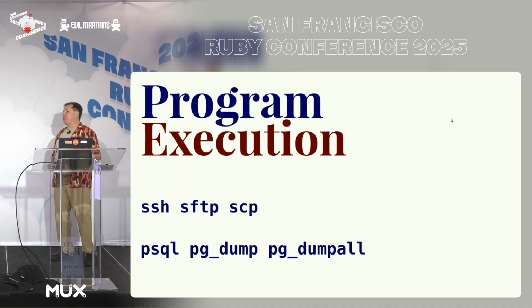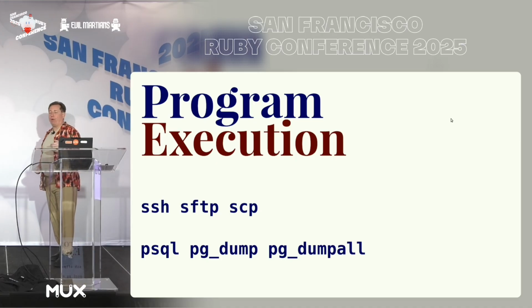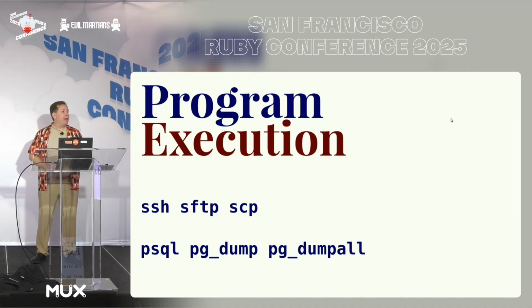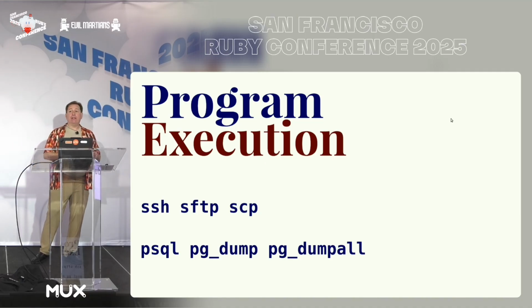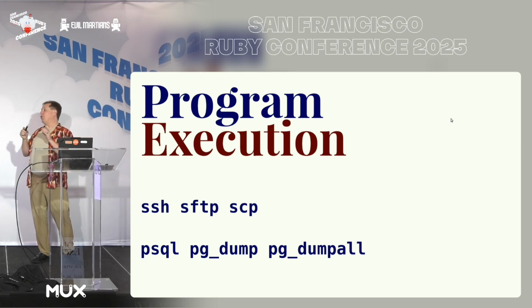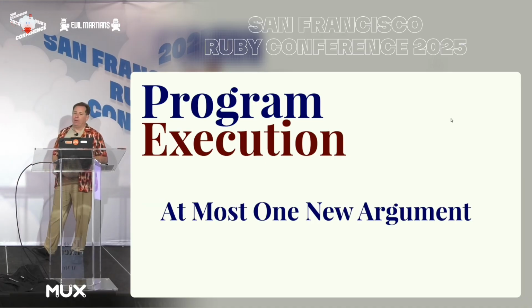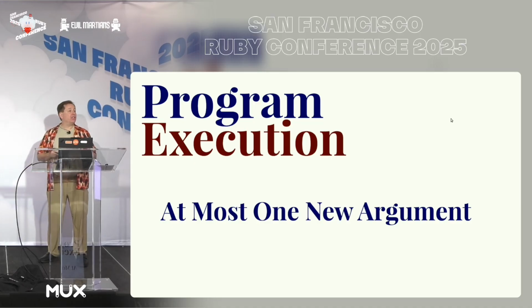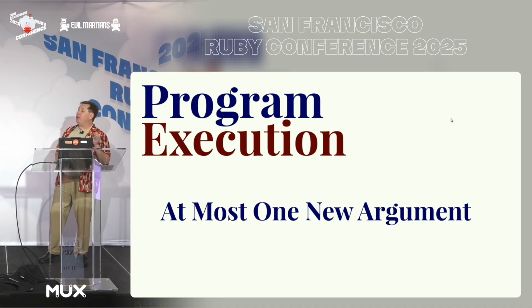Now, in order to execute an external program, the Ubicloud client requires the program name to exactly match one of these 6. And it also requires the program name requested by the server be one of the command line arguments that was passed to the client. So there's a clear indication that the user running the client is expecting external program execution. Additionally, at most one argument to the external program can be new. All other arguments to the executed program must already be included in the command line arguments that were passed to